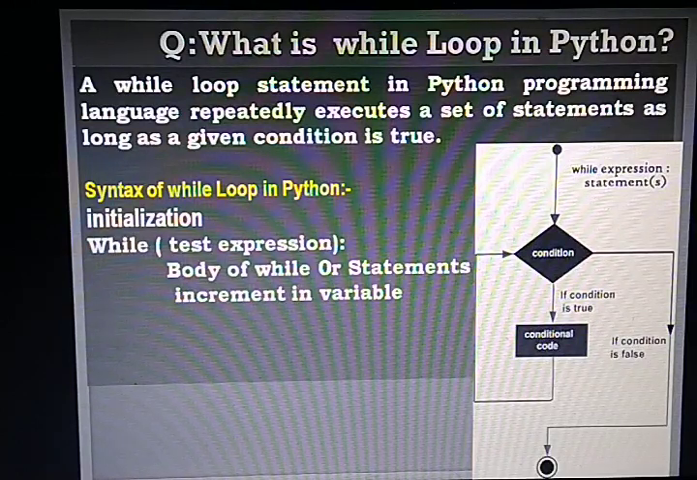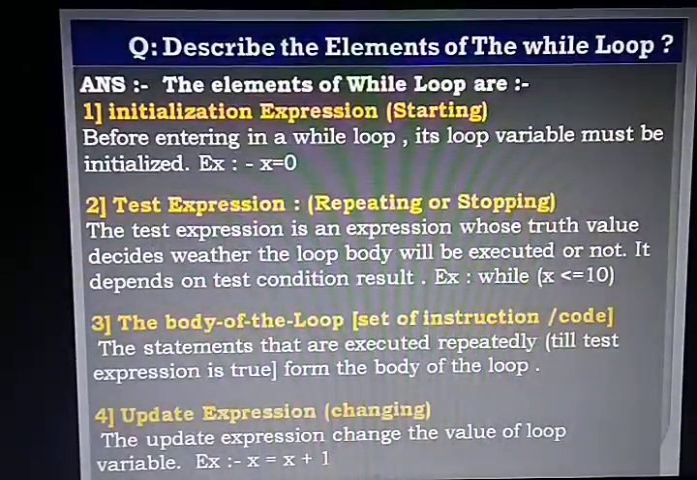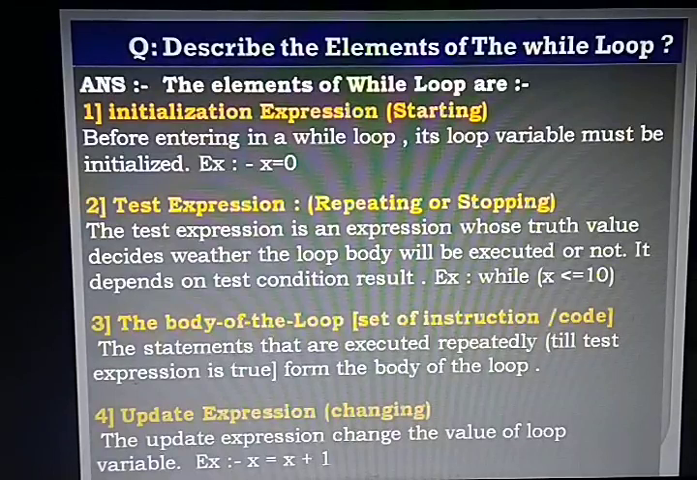Here, first the initialization is just above the while loop, inside the while comes the test condition, then the body of the while loop, and the increment in a variable. There are four parts: initialization, from where we want to start the while loop, like x is equal to 0, and the test condition, till which time we want to repeat the loop. For example, while x is less than 10, till x is less than or equal to 10, the loop will